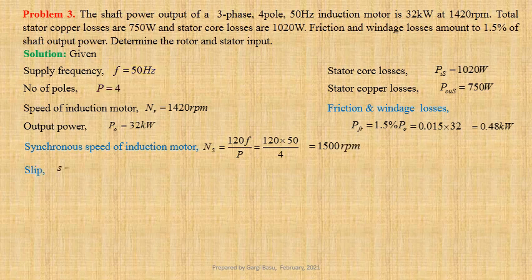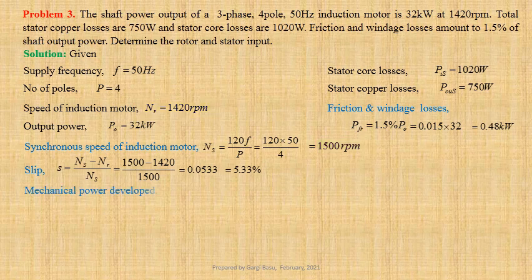Slip S equals Ns minus Nr divided by Ns, that is equal to 1500 minus 1420 divided by 1500, that gives us 0.0533 or 5.33%. Mechanical power developed Pm equals Po plus P_FR, that is equal to 32 plus 0.48, that gives us